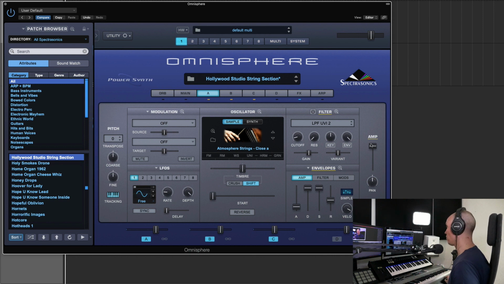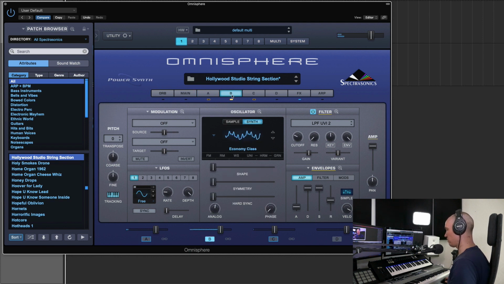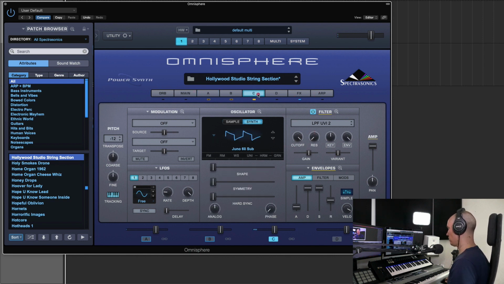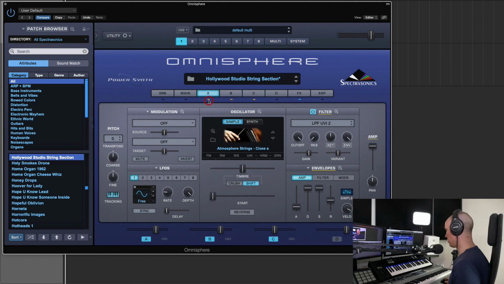What does this mean? Well, if we once again solo here the A layer, and then I turn on the filter and have a low pass filter on it, it turns darker and warmer, of course. But if I now solo the B layer, that is also darker, and the C layer also darker because they are shared. So if I turn this up again, oh, I'm on the C layer here. So if I turn this up and listen to the A layer, like this,